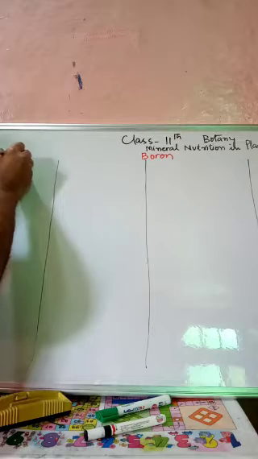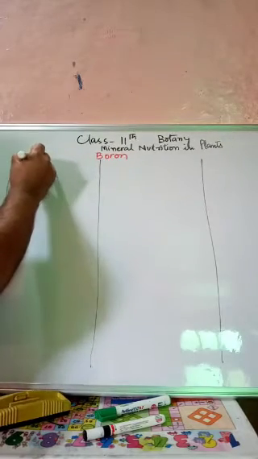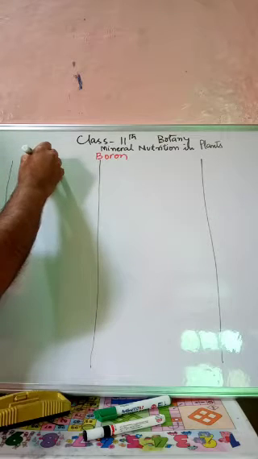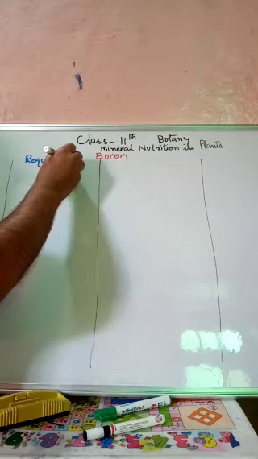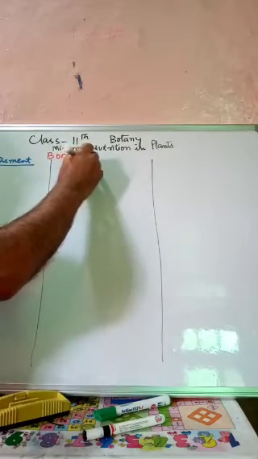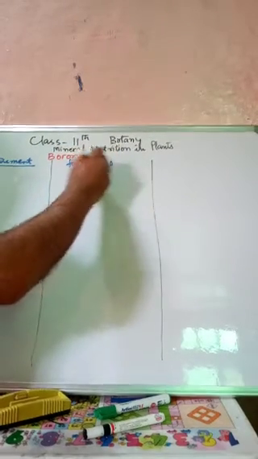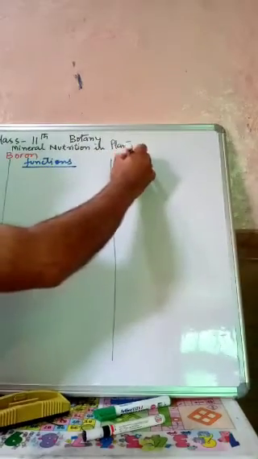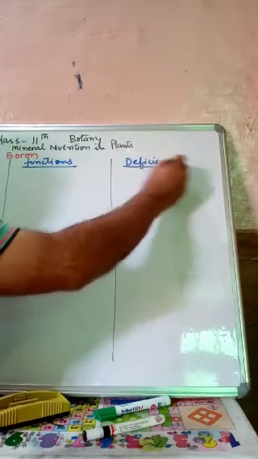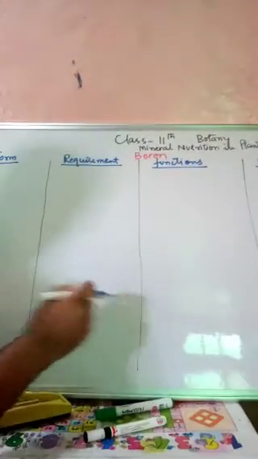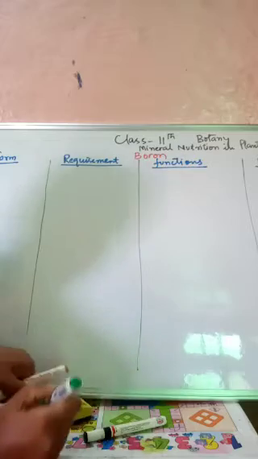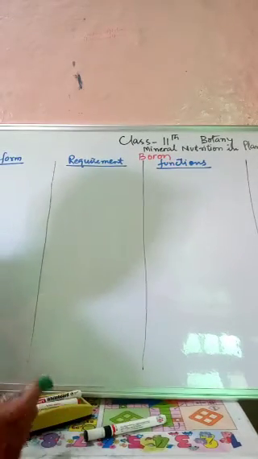Form: in which form it is absorbed. Second, its requirement, that is where it is required. Third heading, its functions, and fourth, its deficiency. Now, if we talk about the form, in which form it is absorbed by the plant,